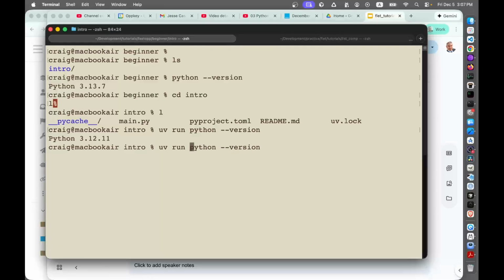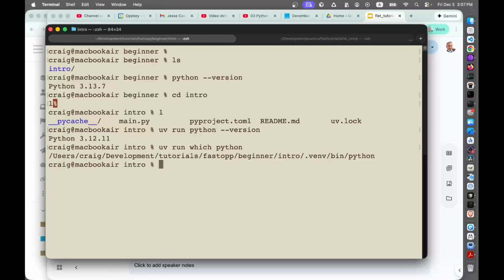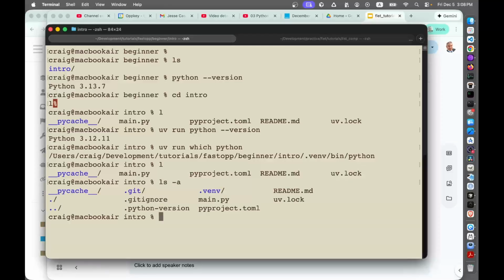So if I look for the location of Python, it's in the local directory. This is the name of the folder here. This is the venv, and the Python is located within the virtual environment. So if you want to use it by default within your main project here, there's a subfolder which doesn't come up normally, but if you run ls -a, you'll see the folders that start with a dot. Then source will run a program,